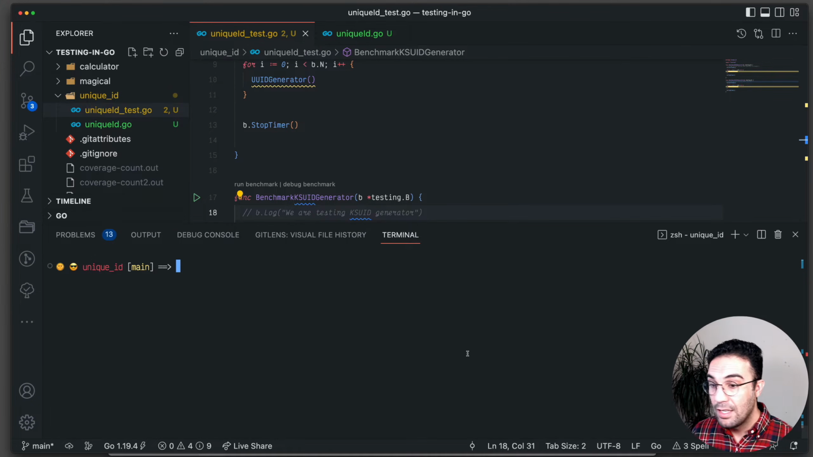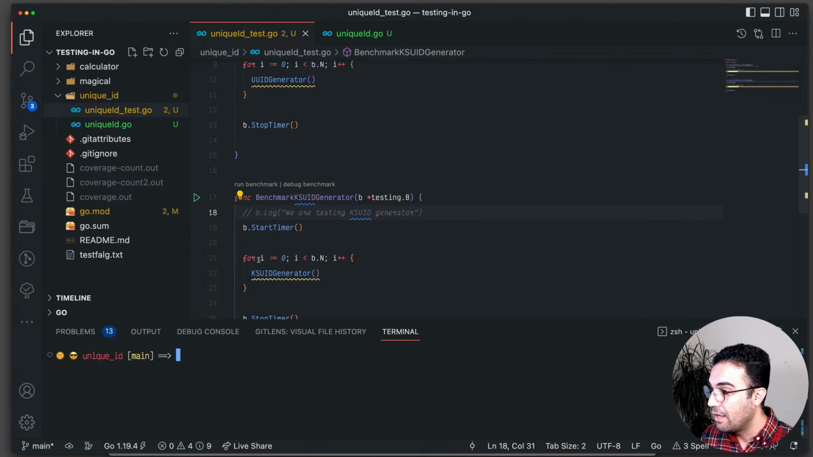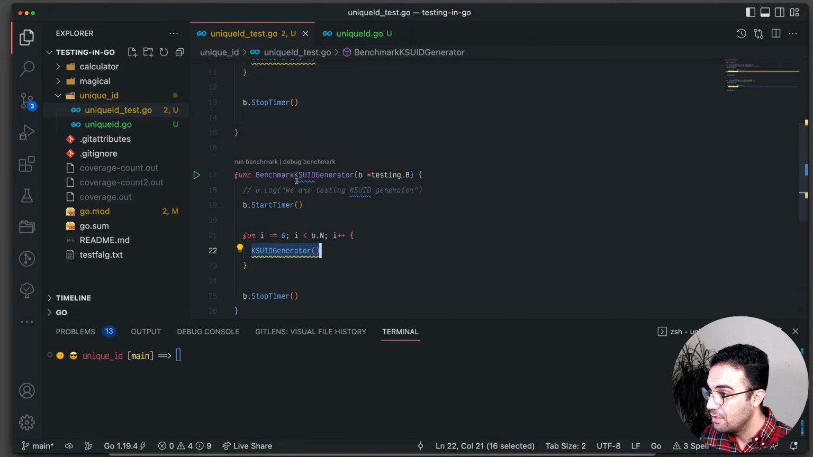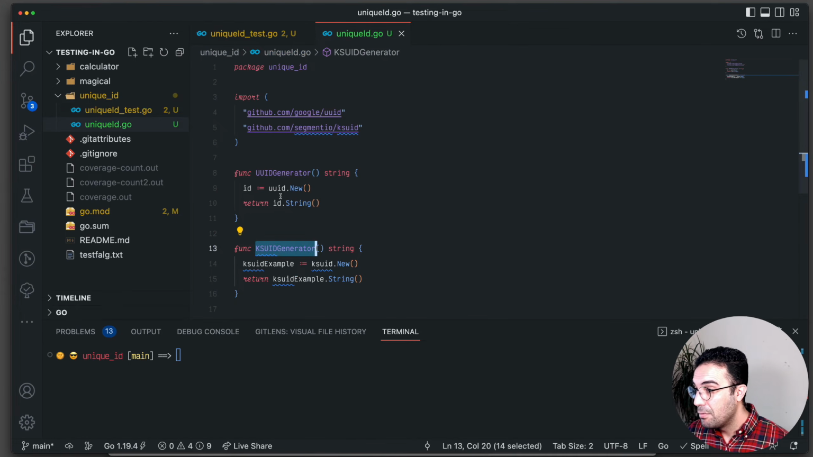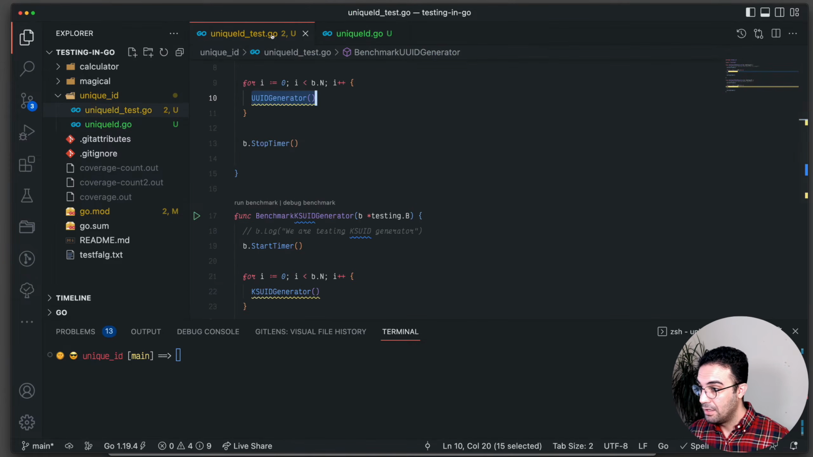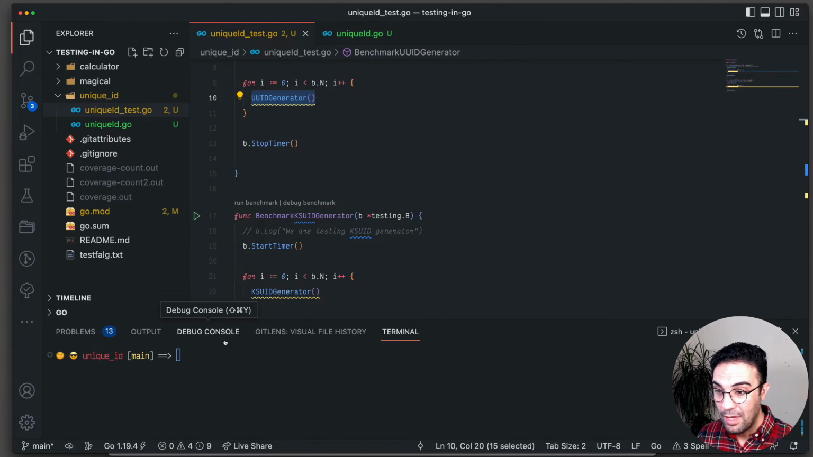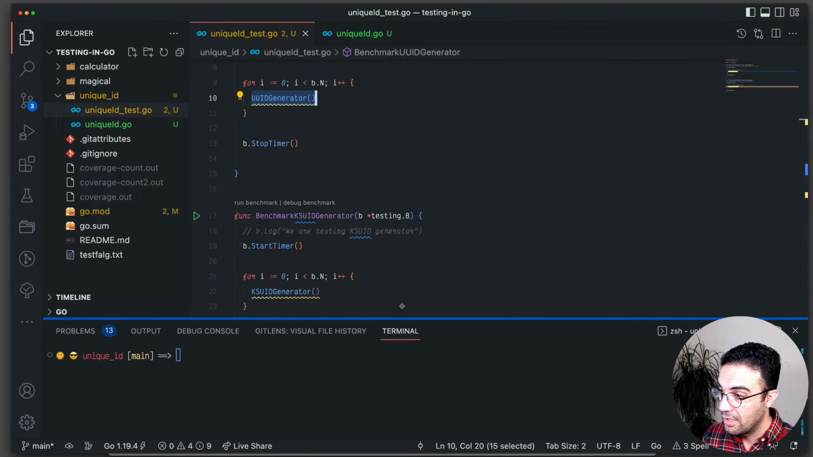I want to see the memory allocation for these two. For example, here we are not really allocating any memory. So as you can see, there is no memory allocation, but let's see what we get. But if we go to the implementation, you can see there is memory allocation. And here also there is memory allocation in a UUID and KSUID, but let us just run them in a benchmark testing and find out what data we are going to get